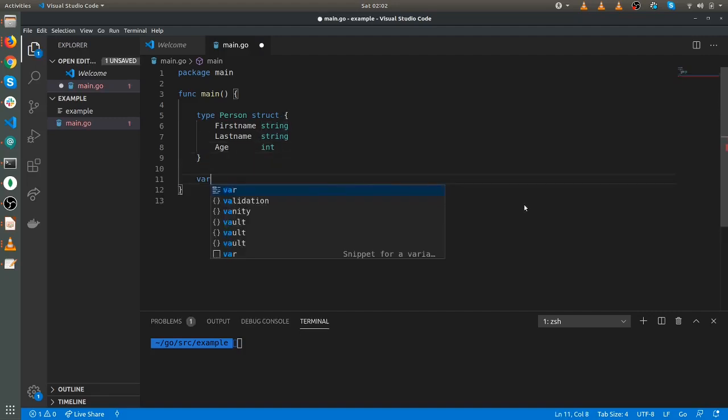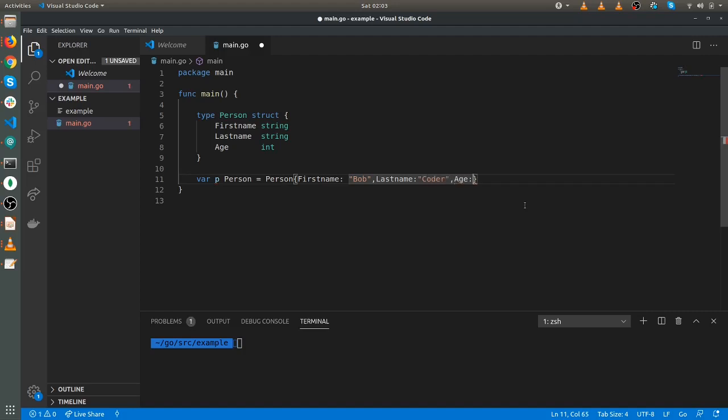To declare a variable, I am taking p, where p is a person type, and assign values: first name Bob, last name Coder, age 20. Let's print that value.